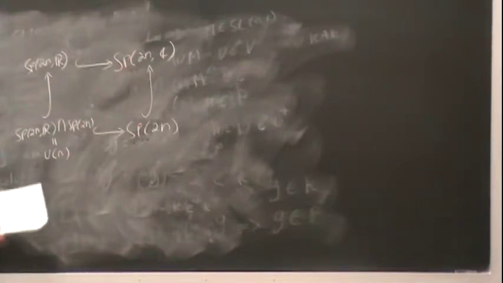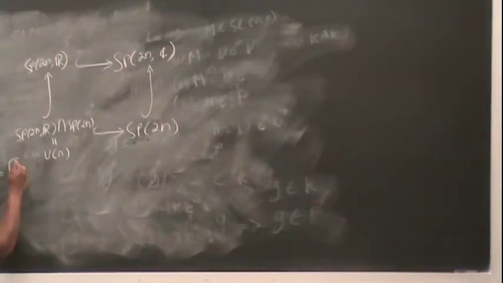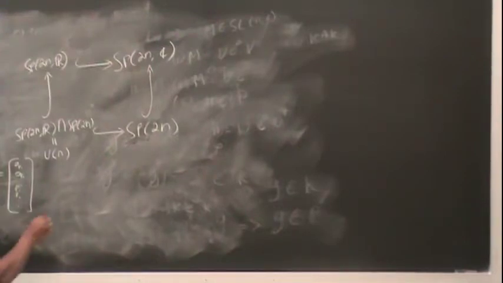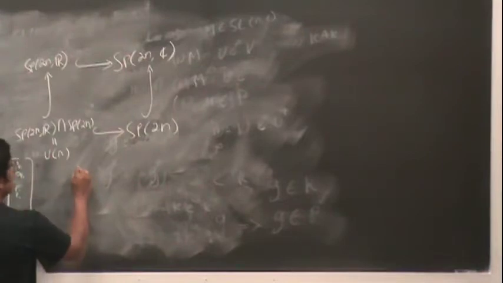So Sp(2n,R), you can write in terms of x, something like q1, q2, different modes q and p, which we define in this way. Then we can write any quadratic Hamiltonians